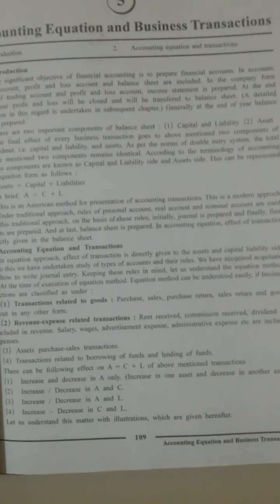Now let's look at the first transaction: brought rupees 50,000 and commenced business. So 50,000 was brought as cash and commenced business. What would be the journal entry? First you have to guess what the journal entry would be. Cash account will be debited to capital account. You have to write the amount 50,000 in the debit column and 50,000 in the credit column.